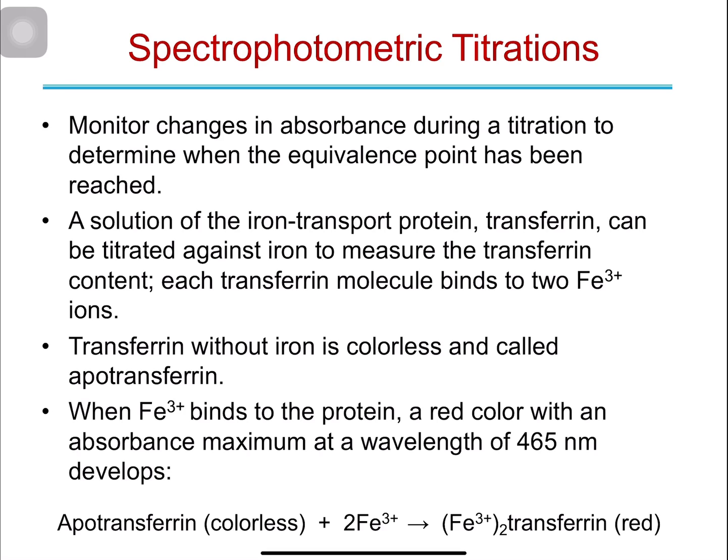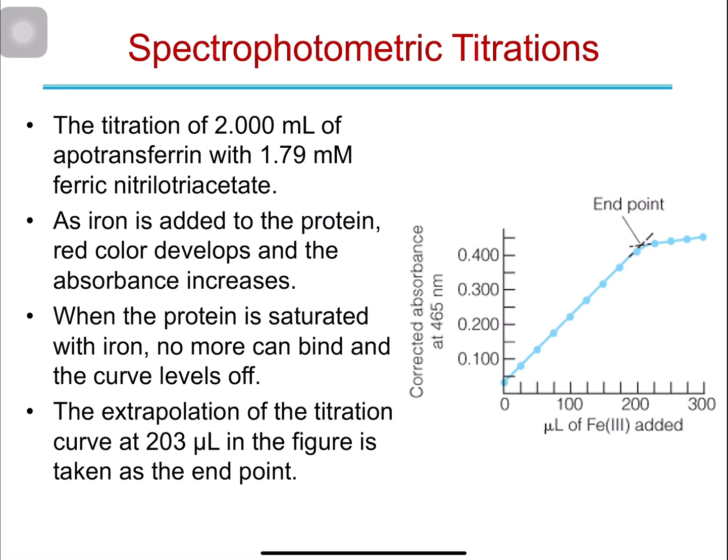Then when we add ferric, one molecule of apotransferrin will bind to two ions of ferric to make the transferrin ferric complex. This complex is red colored and the lambda max of the absorbance of that complex is at 465 nanometers. So what we need to do is titrate a solution that has apotransferrin